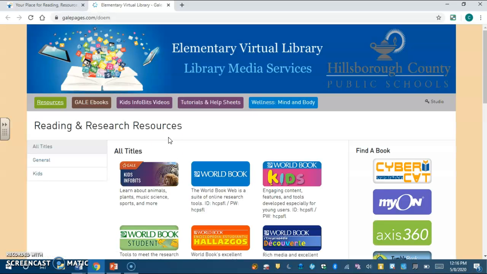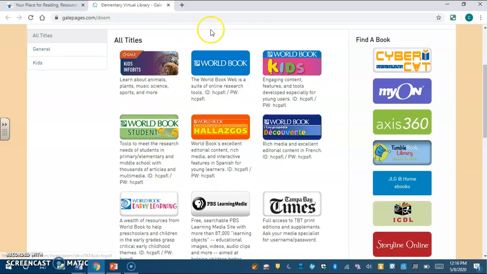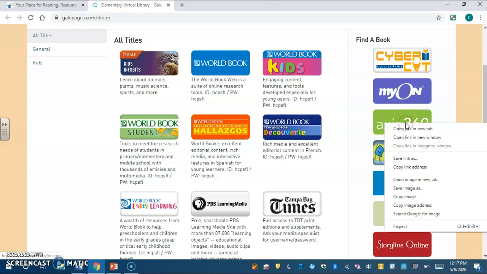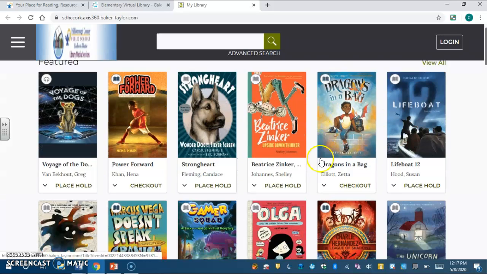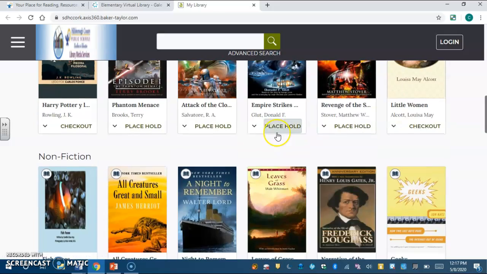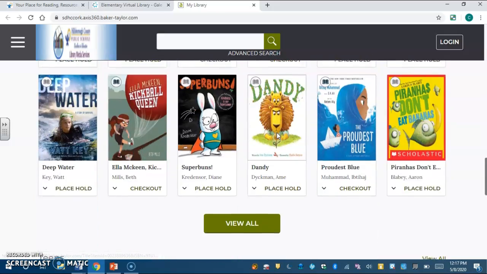Specifically, if you click on elementary, you may use any of these resources right here. Now, if I'm right here, I can also access Myon and Access 360. Access 360 is really cool because you can access the library, but virtually. So there's lots of good things on here.